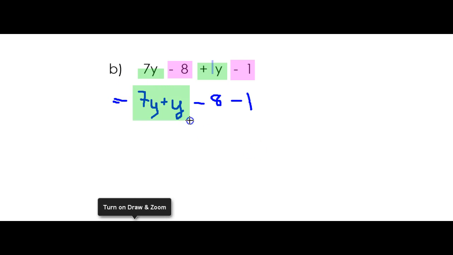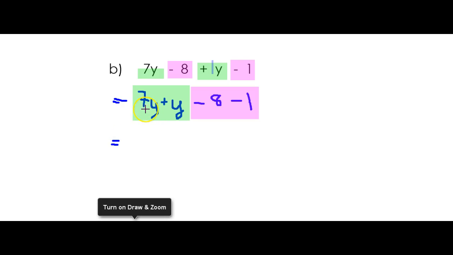So, this is where all the green stuff in my first step went to. And here's where all the purpley pink stuff went to in my second line. That's where those terms ended up. So now I've done all the hard work. Now I just need to simplify this. I need to clean it up